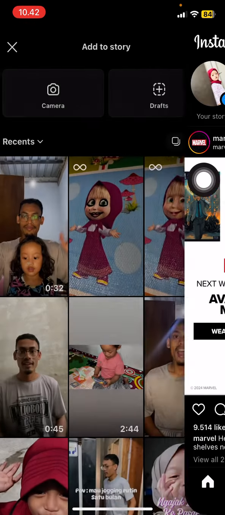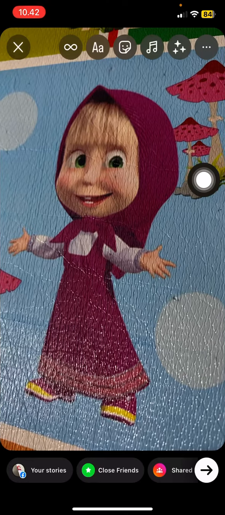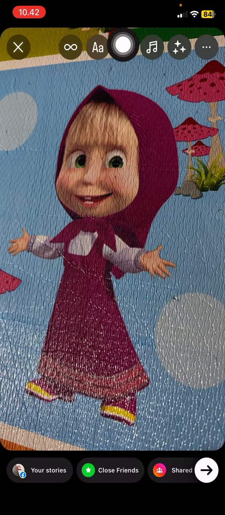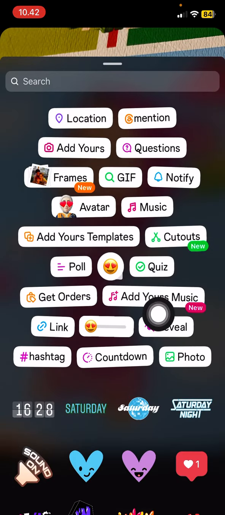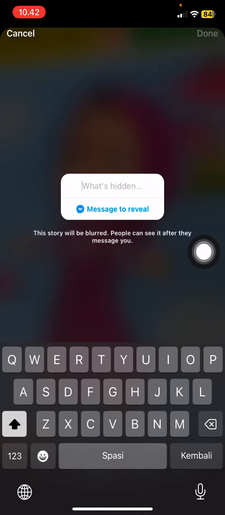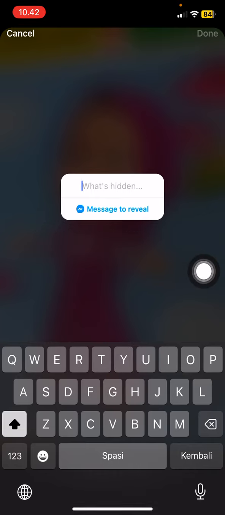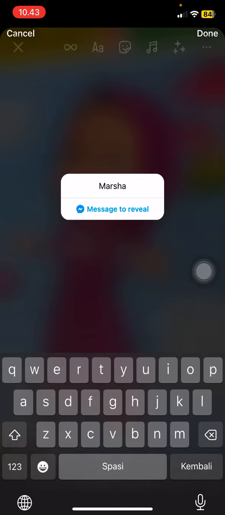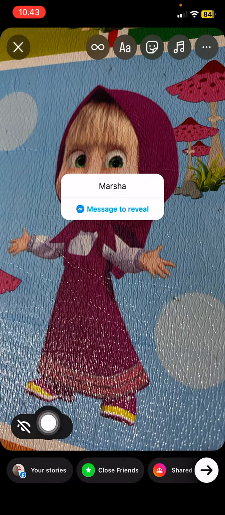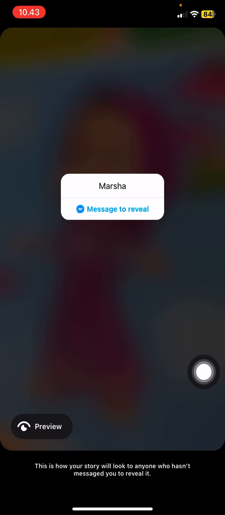Just click add story and select the picture that you want to make as your story, and then click sticker, and here you can find reveal, so just click on it and you can type what's hidden, for example. Okay, and you can click preview to see